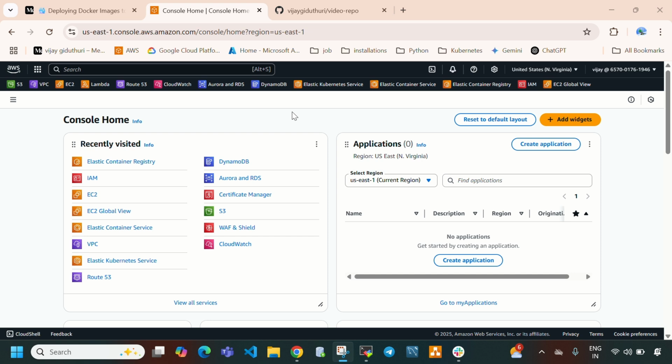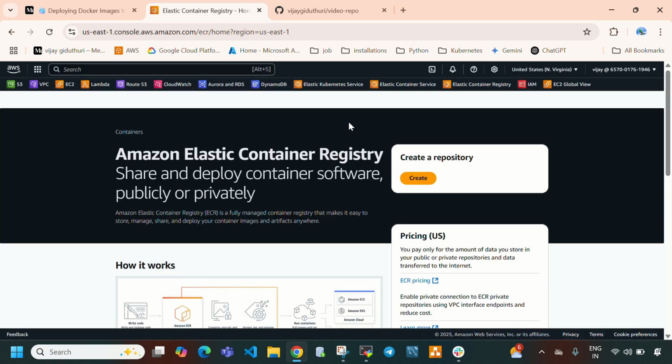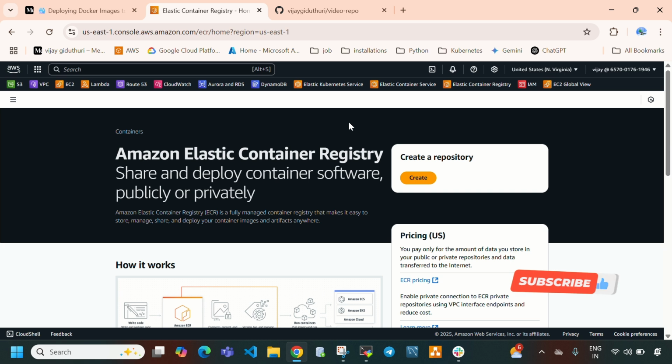This is Vijay Gidituri, and in today's video I'll explain how to build, tag and push Docker images to AWS ECR. So first let me explain what AWS ECR is. ECR stands for Elastic Container Registry, and it is a fully managed Docker container registry provided by AWS, and it allows you to store, manage and deploy Docker container images. ECR integrates seamlessly with other AWS services like ECS, which is Elastic Container Service, and EKS, which is Elastic